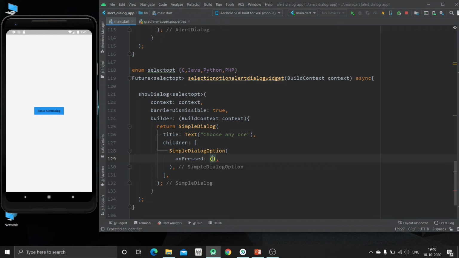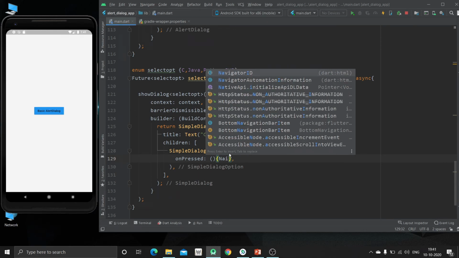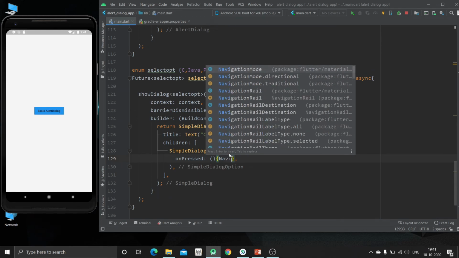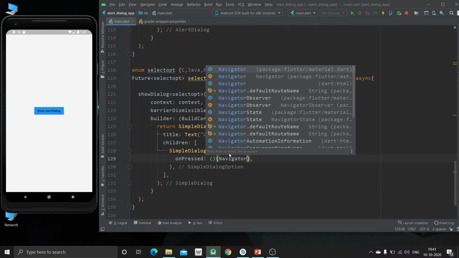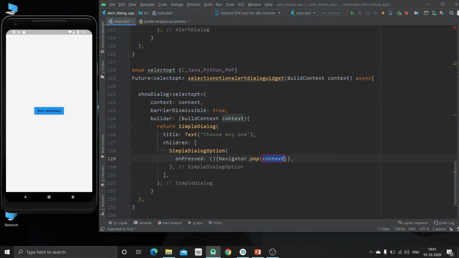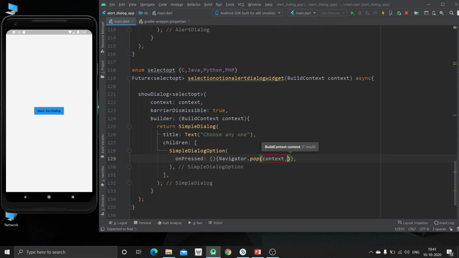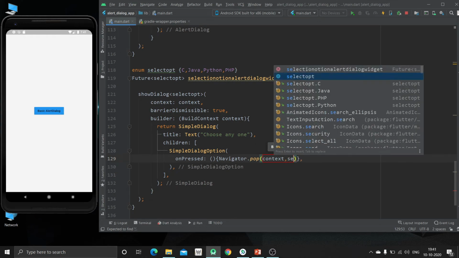So on pressed we can just use Navigator.pop, context, comma, and we have created select option.